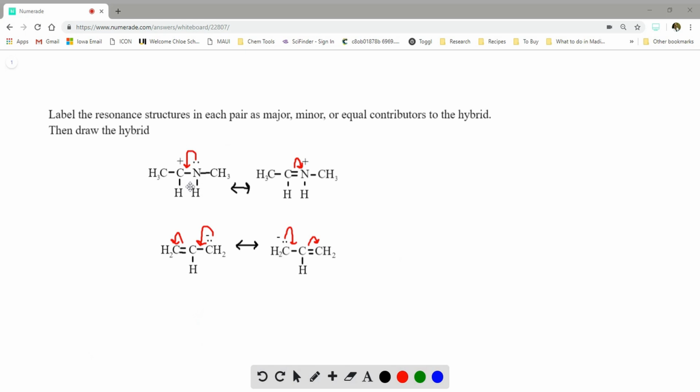So in this case, the only difference between these two compounds, as far as stability, is where the positive charge lies. So is it more stable to have a carbocation or to put the positive charge on nitrogen? And really this comes down to electronegativity, which is more stable with a positive charge. Well, carbon doesn't have as great of an electronegativity as nitrogen. Therefore,